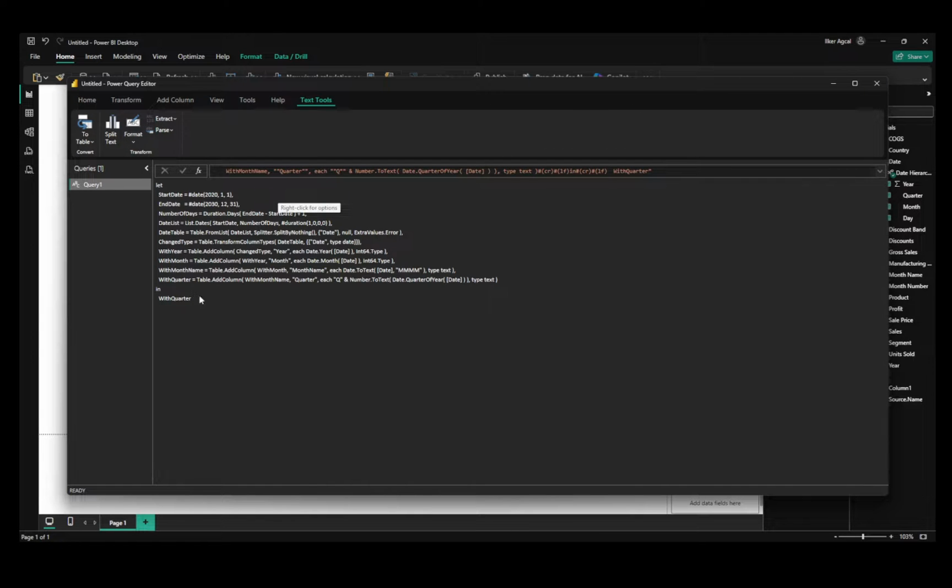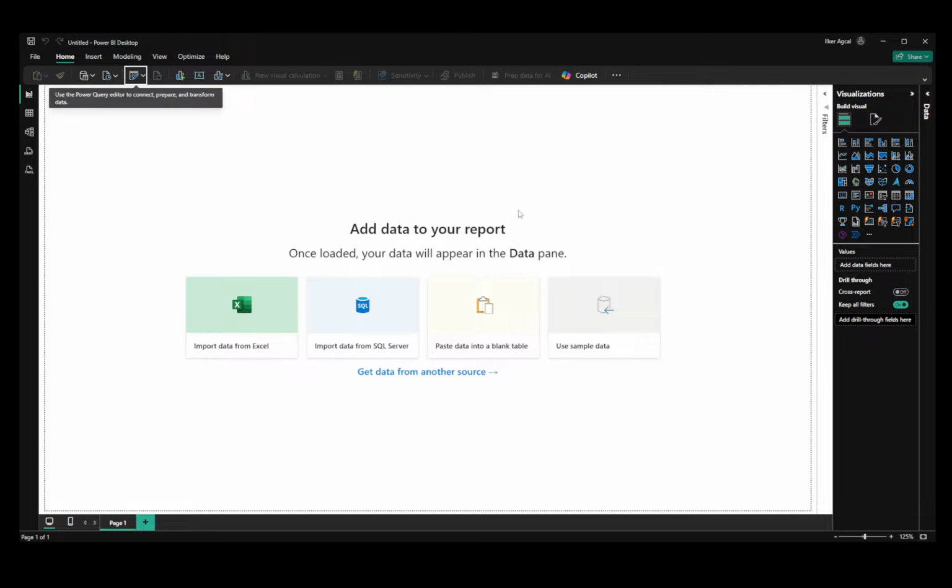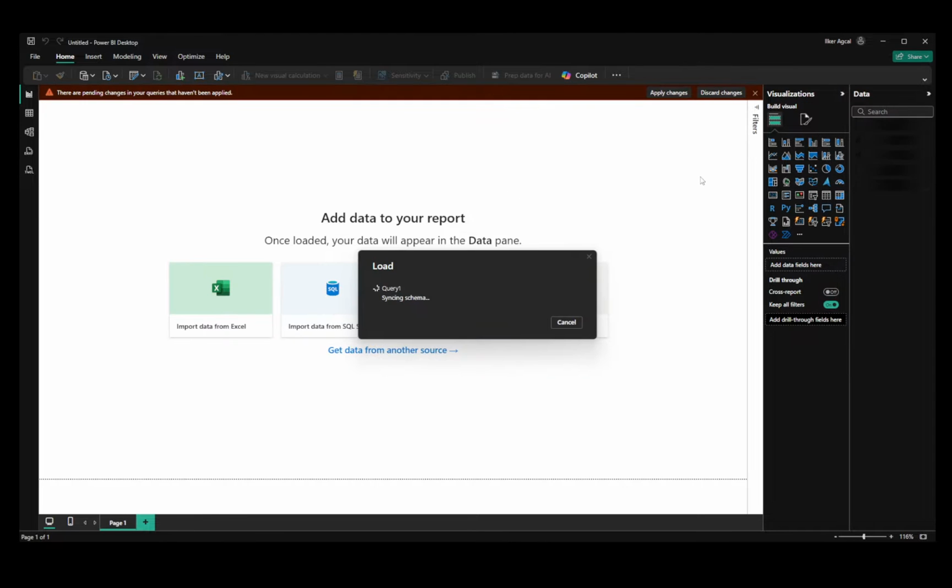Once your transformations are complete, click Close and Apply to load this date table into Power BI. Don't forget, as mentioned earlier, to mark this newly created table as your date table and set up any necessary relationships with your model. Alternatively, there's the Auto Date Time feature built into Power BI, which automatically generates hidden date